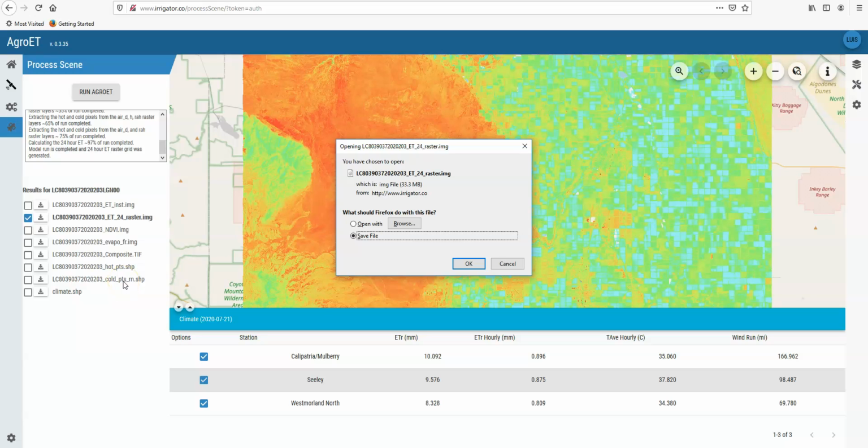At that point, this is going to be an image file, and you can bring it in and import it into ArcGIS. The results are going to be either an image file, a TIFF, or a shapefile. You can download those to your